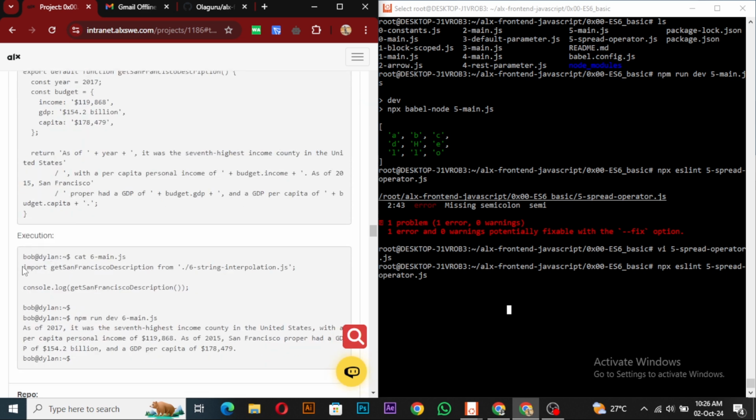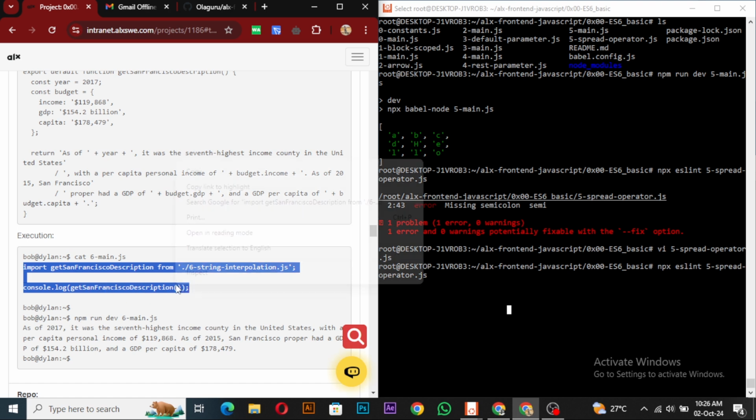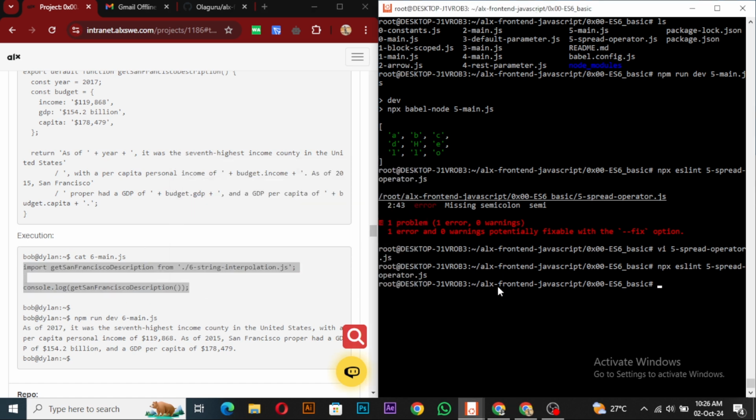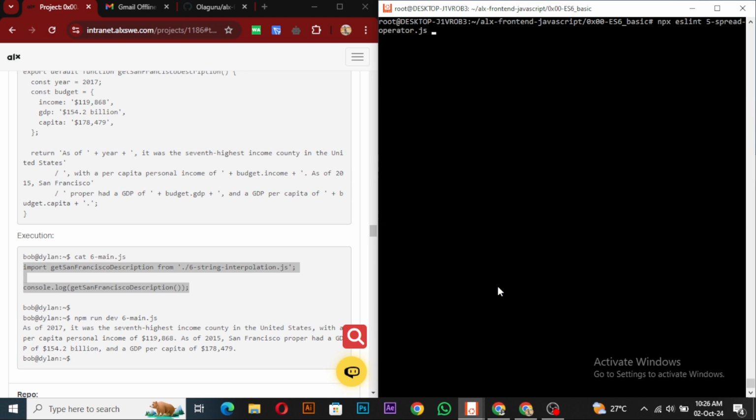So for this one, we would copy this, right? This is the 6 main.js. Why is this one taking time? Let me rerun it. npx es5 spread operator. Why is it not running? Yes, it's running now. So git add, git commit